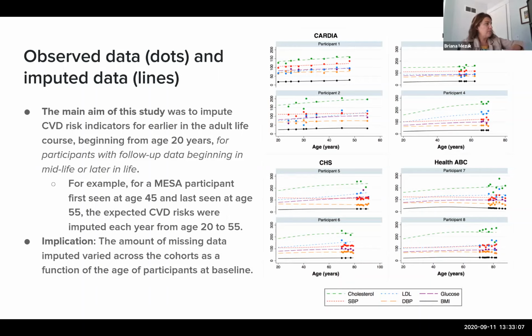and the lines are what they are predicting. So if we go to participant 3, for example, we see these are the 6 trajectories they want to impute: cholesterol, systolic blood pressure, diastolic blood pressure, LDL cholesterol, glucose, and BMI. We have 5 observed values of those for participant 3. You can see those 5 green dots are the 5 observed values of their cholesterol. Then based on that, plus what I know about how smoking relates to these variables,